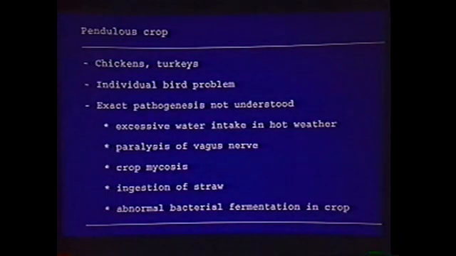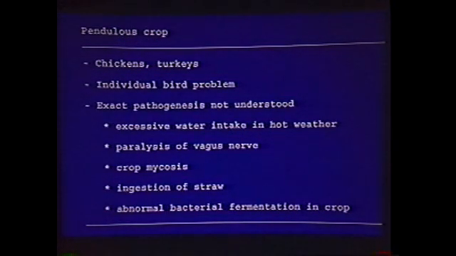Several theories have been suggested: excessive water intake in hot weather, paralysis of the vagus nerve, crop mycosis causing weakness of the wall of the crop, or ingestion. Often with these birds, when you cut the crop, you'll see it filled with